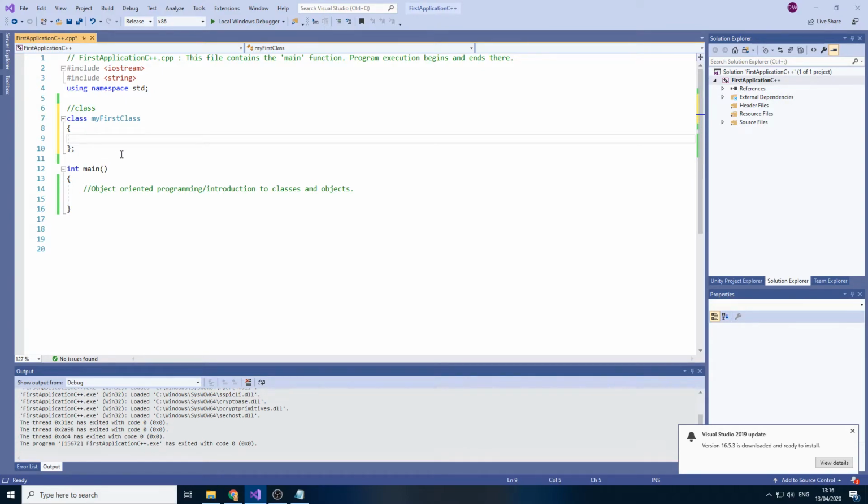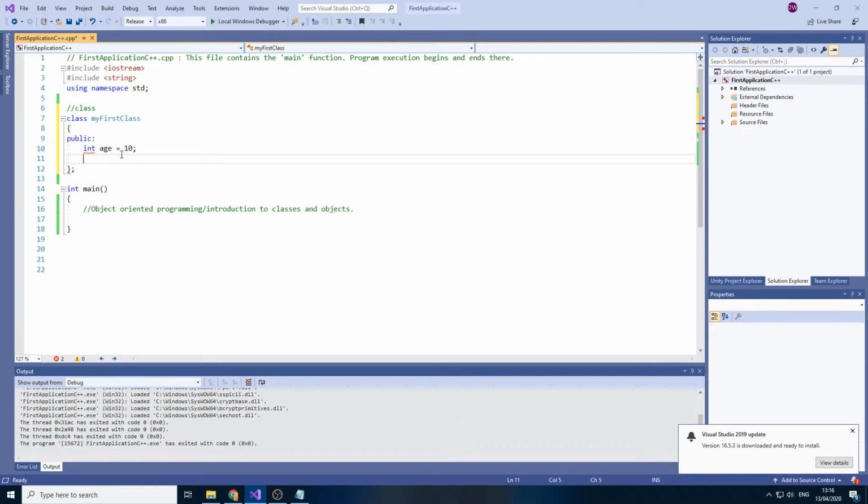Now that we have a class, we can specify the types. We can have public variables, private, protected, and so on. Let's make a public variable, an integer for age, and make it equal to 10, and then make a string for name and make it equal to something like John. Again, like with a function or inside of main, we can make variables. They can be public, they can be private, whatever we want. And now if we go into main,